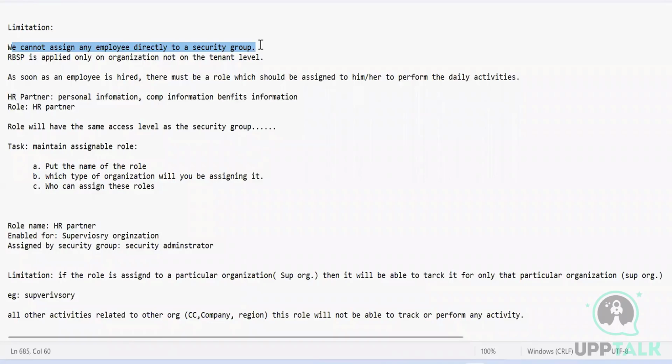Okay. Understand the relationship. First, a role is created, then a role-based security group is created and you assign that role to that security group. And we have seen that we assign the permissions to a security group, whether you want to assign view or modify or integration permissions does not matter, but it has to be on a security group. Now, once the security group has the permission, the role has automatically got the permission because it is a part of it. So any employee who joins,